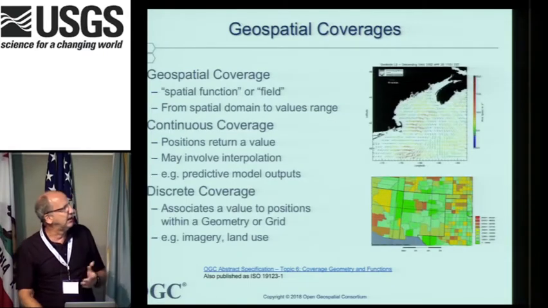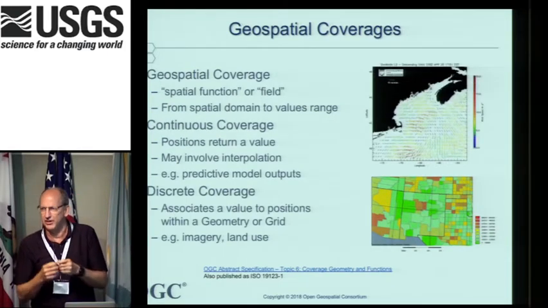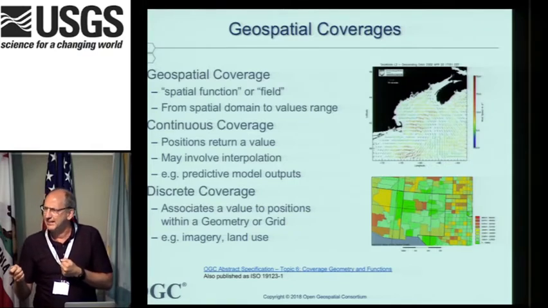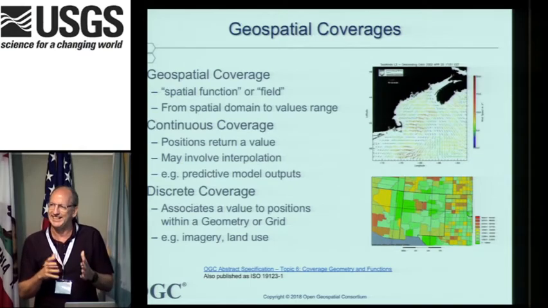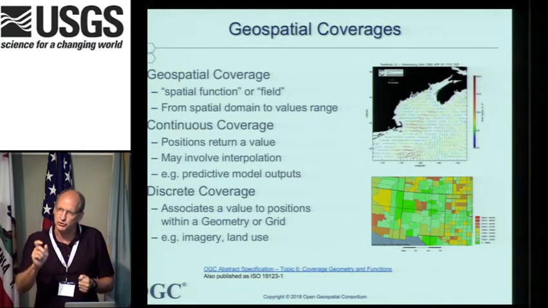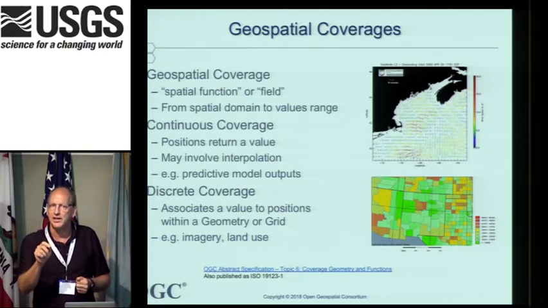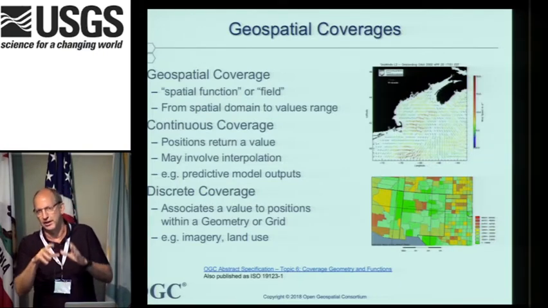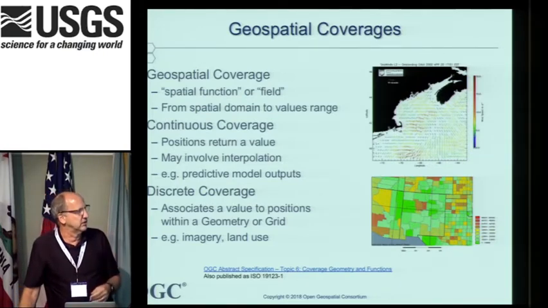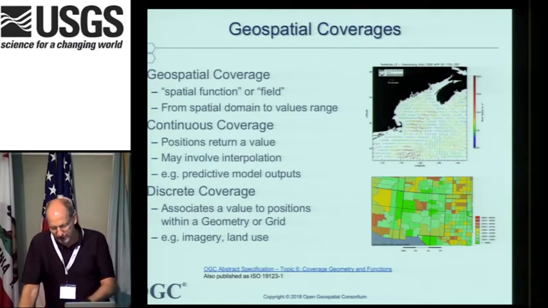It may be structured as a continuous coverage, like something you can ask of an analytical expression and get a value at any point in that space, or it can be a discrete coverage, like an image. You have a grid or a pixel, and you have a value for that location, whether it's at the center of the grid or it's the pixel in the corner, all that kind of stuff. But it's mostly discrete coverages that we deal with. So a very robust information model about how to make the stuff you guys deal with in remote sensing accessible to a much broader community through standardization around coverages.